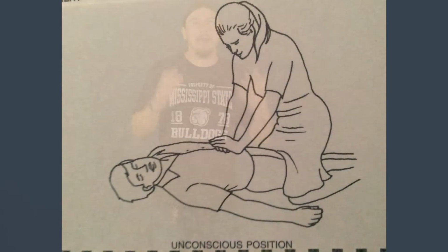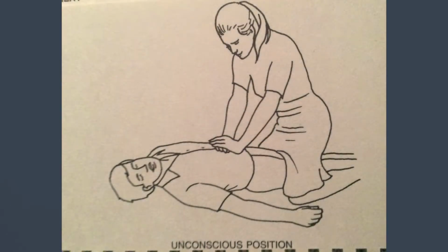If the victim's unconscious, you're going to want to place the victim on the back. Have someone call for help. Dial 911, get the paramedics on scene. Attempt mouth-to-mouth resuscitation. If it's unsuccessful, straddle the victim and place the heel of one hand slightly above the navel